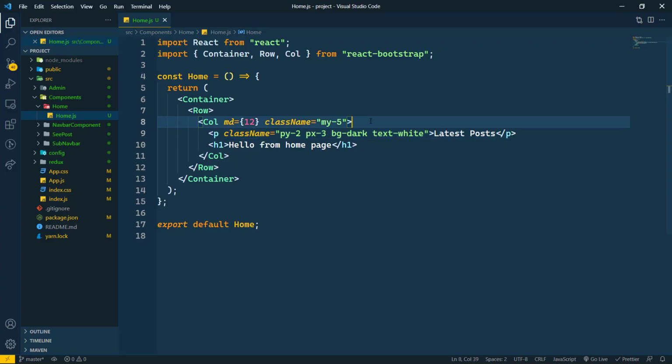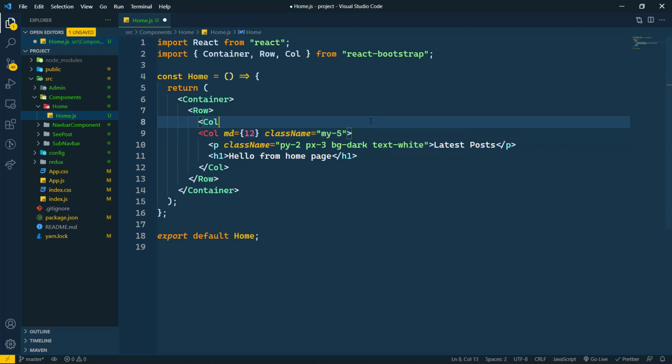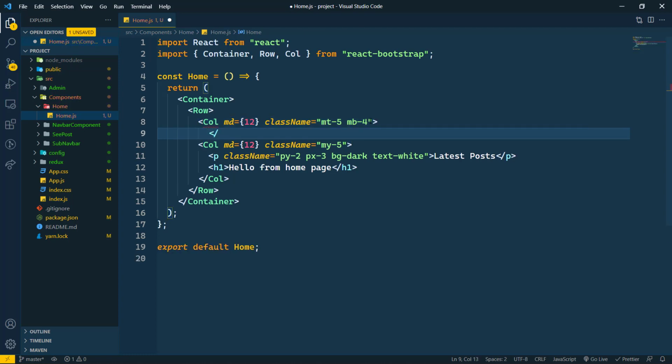There is one thing that we can do. Let's define one more column here, and let it be md12, with class name margin top 2 and margin bottom 5. Here I'm going to close this column, and here actually we don't need any margin now.